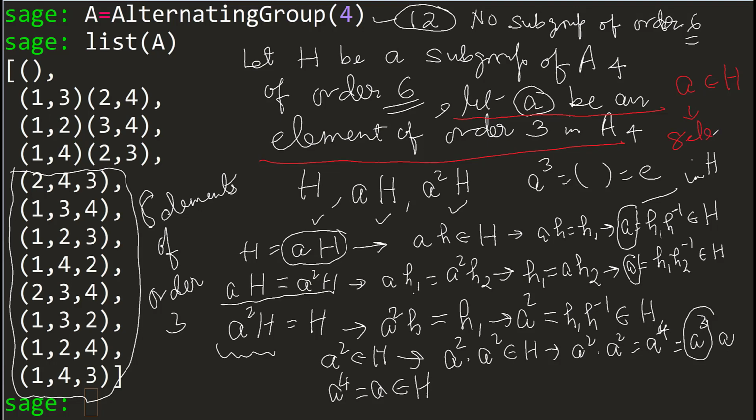There are 8 such elements, and H has only 6, all right? So this cannot happen, okay? So since this cannot happen, we cannot have this statement. And what we just did was that we have proved this statement, that there is no subgroup of order 6